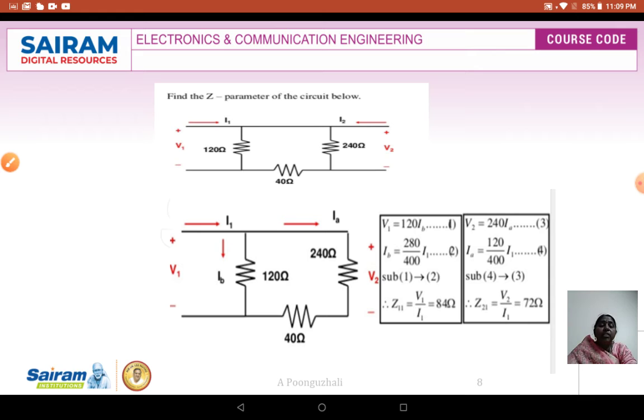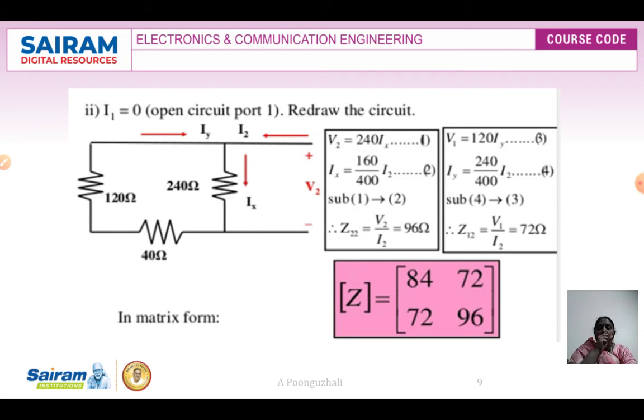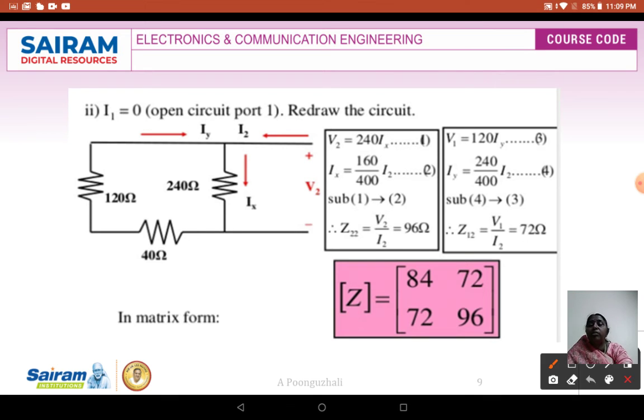So simplify the circuit and then find out the values of Z11 and Z21. Next, coming to the other side, making your I1 0. So my circuit is going to be like this. The voltage here is V2, and here it's going to be I2. Now these two are going to be in series. So you can say that these two are going to be in series. So now this is going to be parallel.